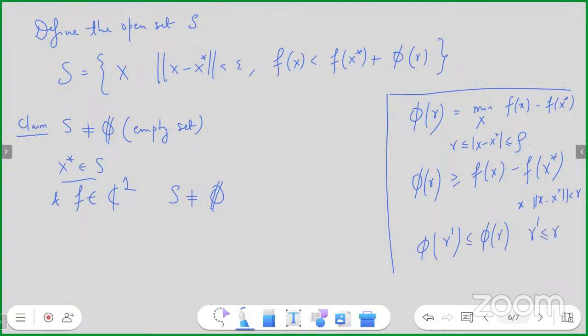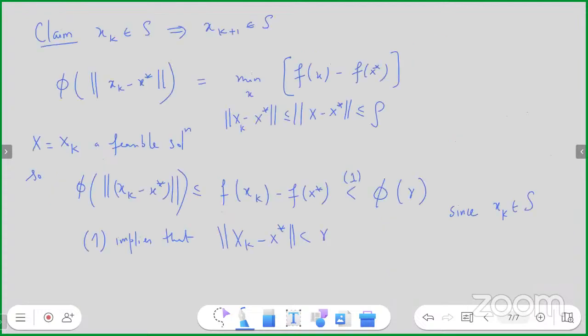This is true. As r is decreasing, the minimum can only go down. So the minimum has gone down. Fine. Appears correct. So is that all? So the r prime is basically